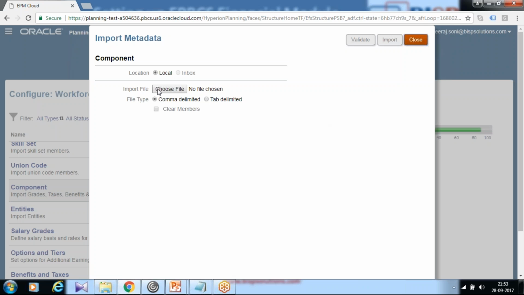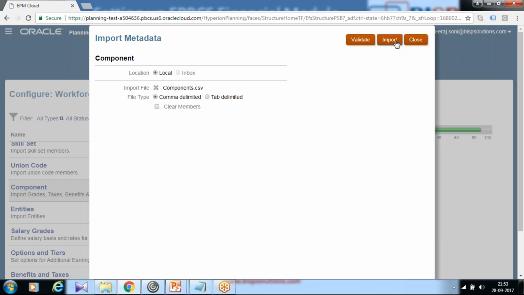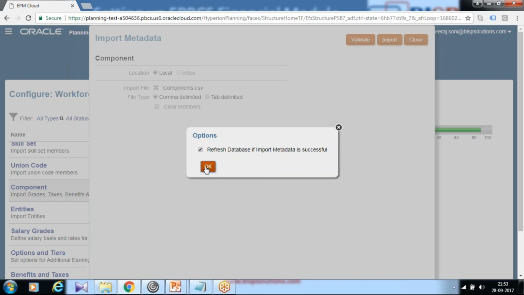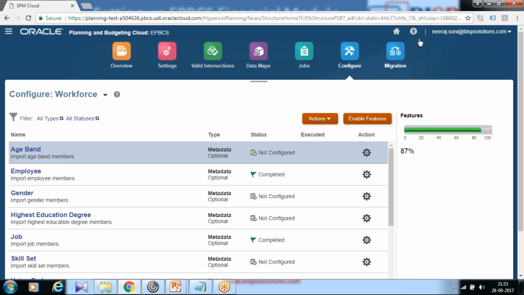Component, point your component file and import. Once all imports are done, you could refresh your database right away, or you can refresh through the application property option. So I invoke refresh. This would have submitted a job. Once your refresh is done, the next step,